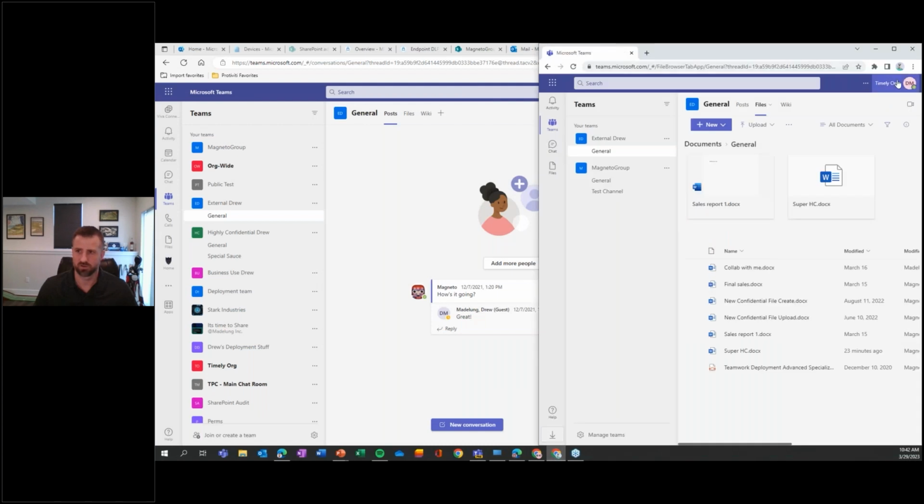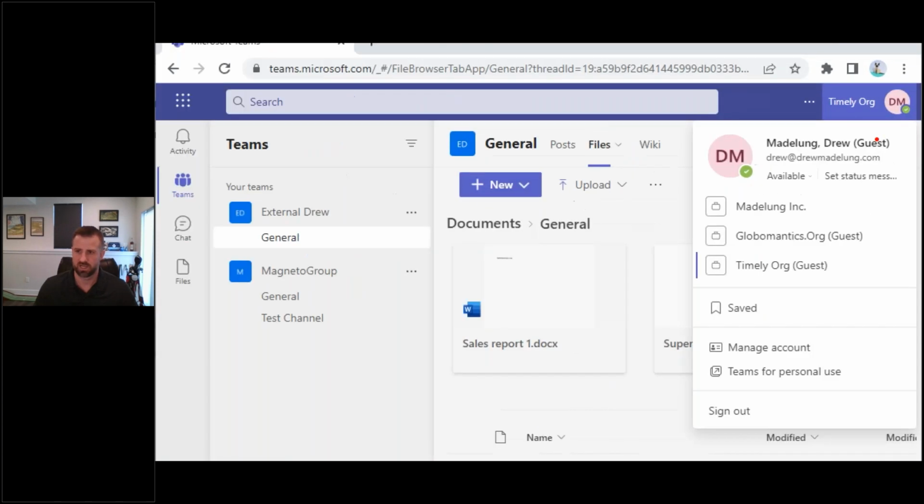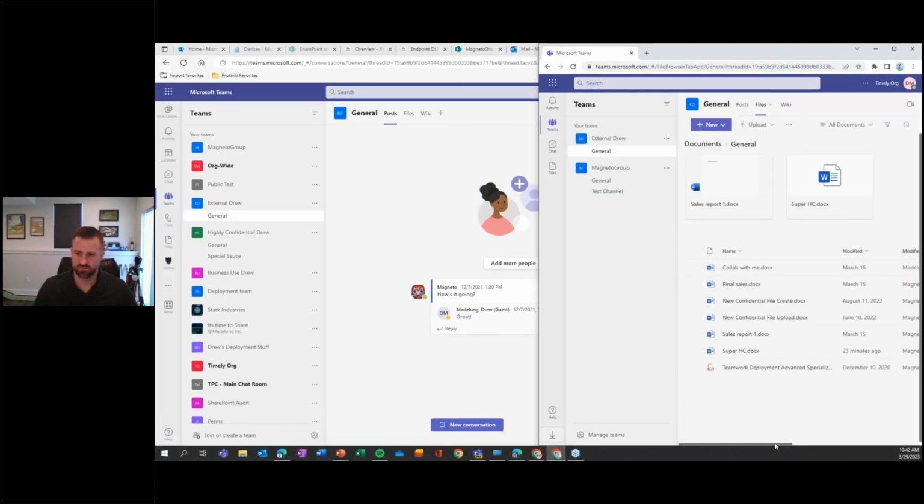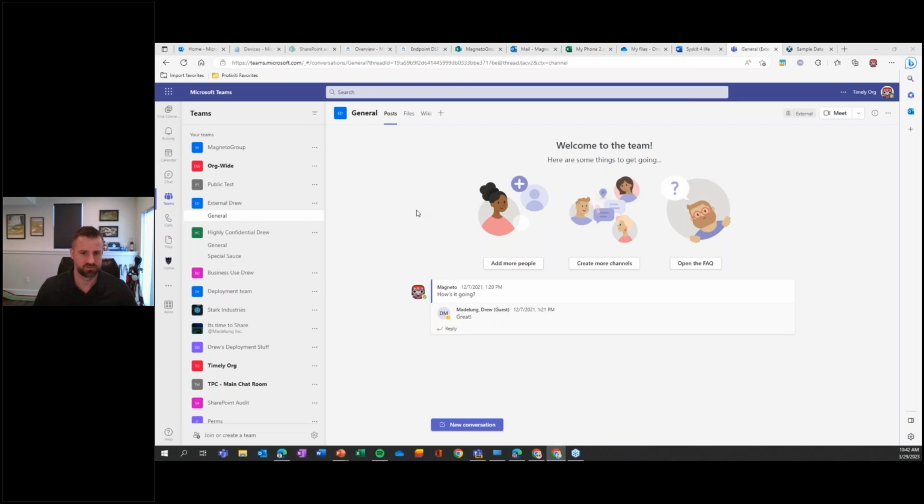So here's another team set. I'm going to show you up here on the right. I'm logged in as Drew at Madelung.com, but I'm logged in from outside of the organization. And you're going to see I'm remotely, or from a guest standpoint, accessing the external Drew team. So I'm a guest coming into this team. Now you're going to see, if I pull these up side by side,